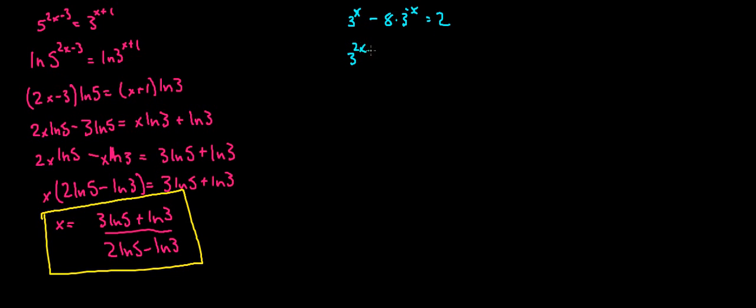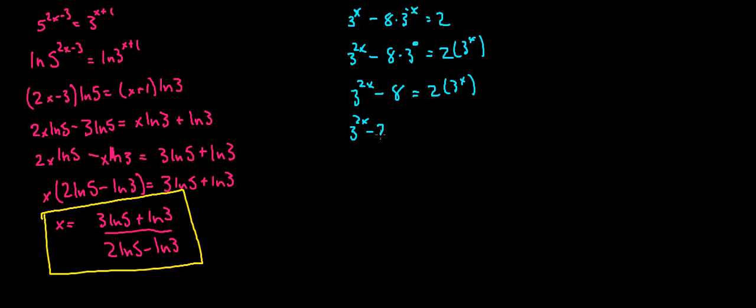3 to the 2x minus 8 times 3 to the 0 is equal to 2 times 3 to the x. So this will be equal to 1. 3 to the 2x minus 8 is equal to 2 times 3 to the x. Now I'm going to rearrange this for myself. Now to me it has become more apparent what I need to do, which is to make a substitution, where